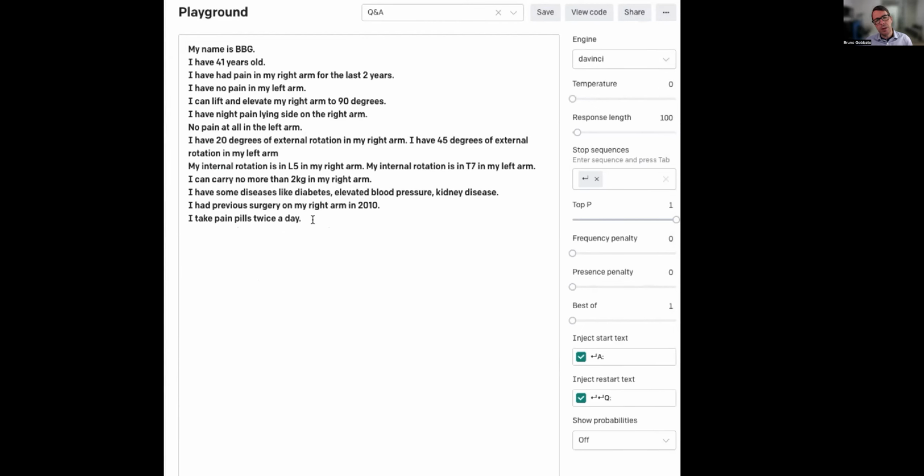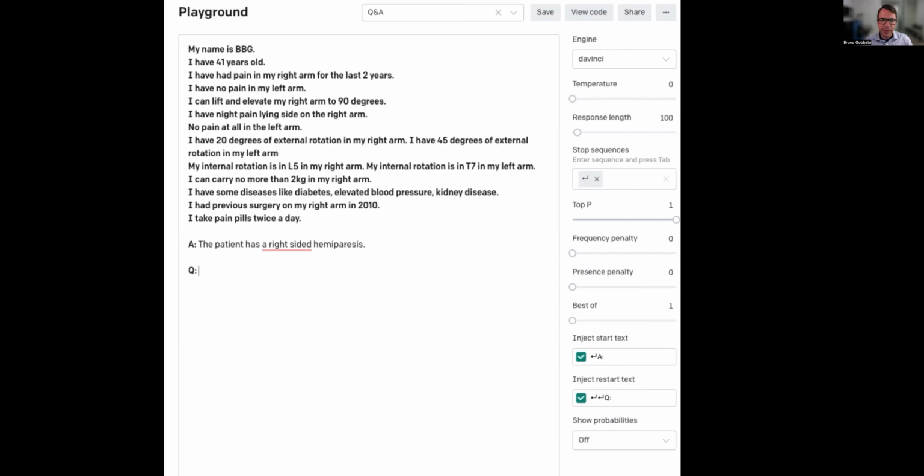You can ask this robot how the patient was in 2010. We can ask the robot how the patient was in 2014. How was his pain? We don't need to remember that, because this machine learning, this robot, knows everything about this